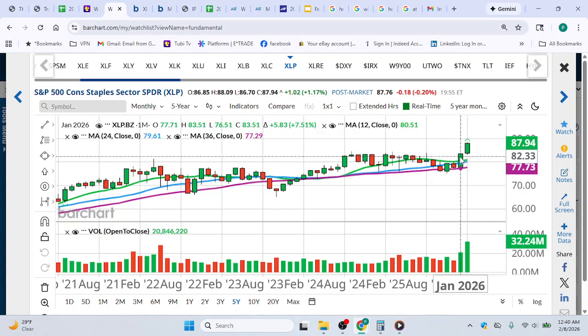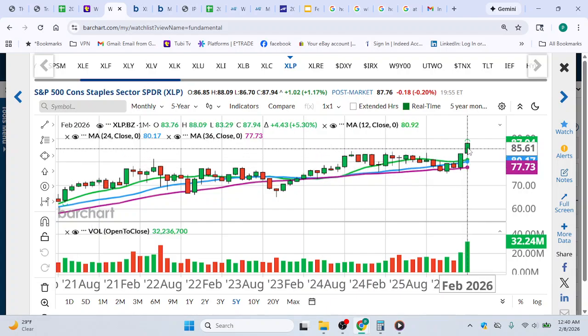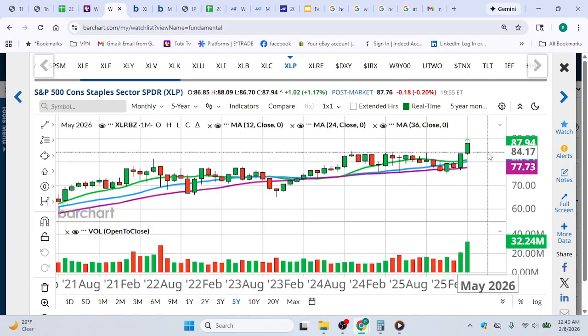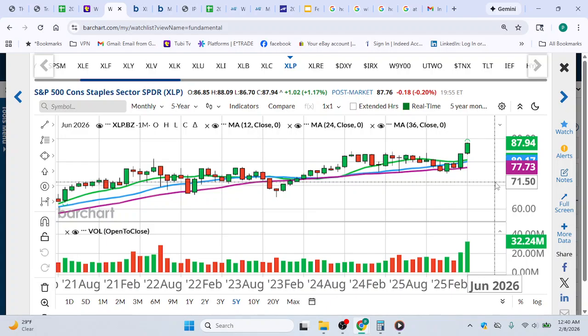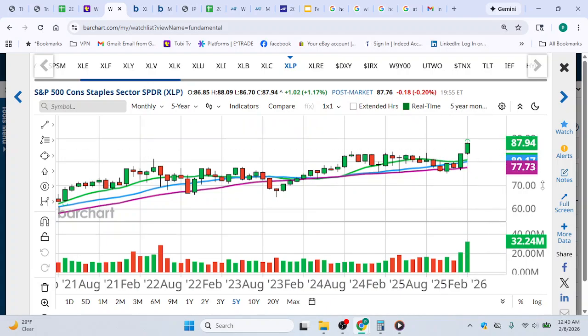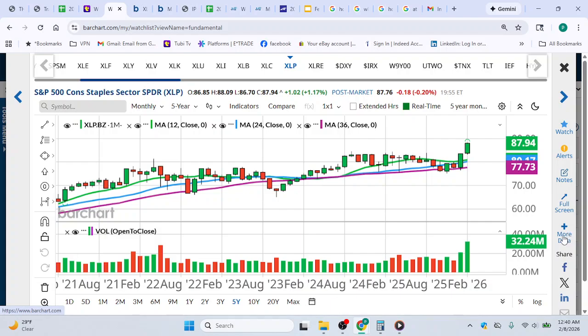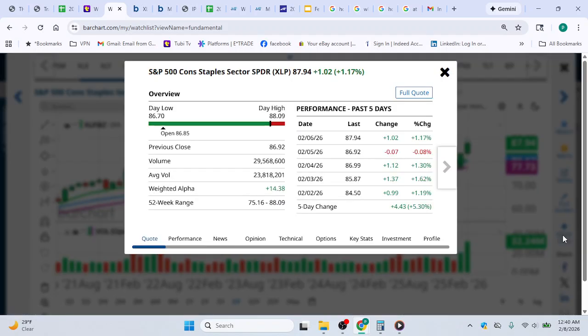So we had this nice igniting candle in January, now push up in price to new highs and blue skies in February for consumer staples. So where would I look for potential opportunities right now? What I would do is just pick one of these ETFs, right? And I would say, okay, let's look at some more data. If you click this tab, more data, you'll get a little more information on that ETF.